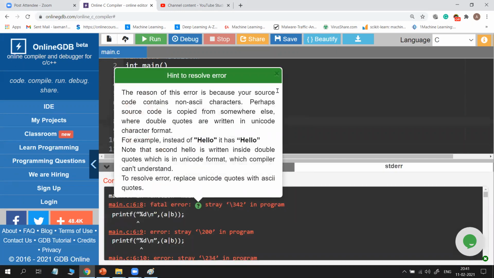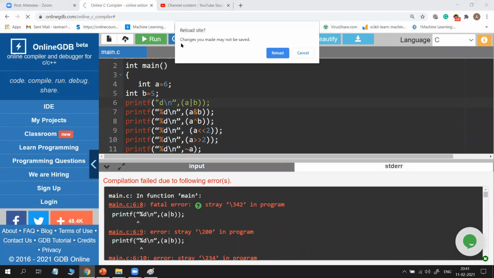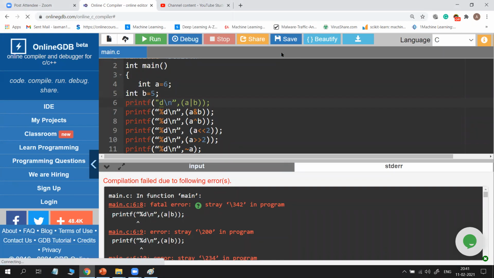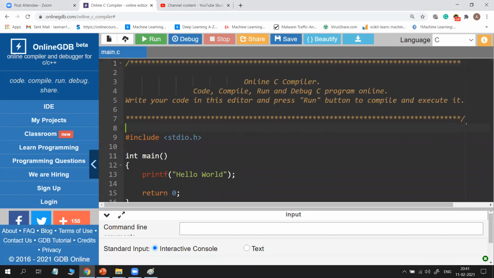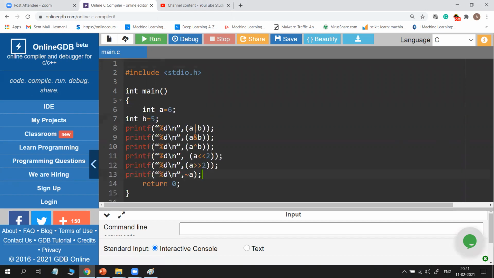Yes. Here the single quotes and double quotes, while copying, some disturbance is done. Okay, so I will refresh it before that. Now pasting it. So the double quotes you need to change, because the double quotes in the PPT are different from here.